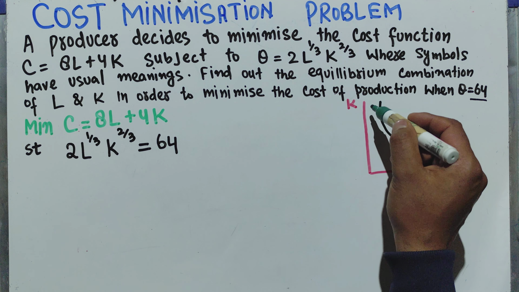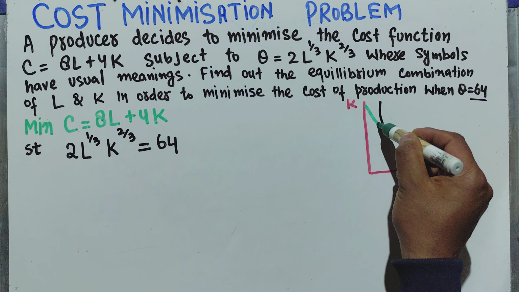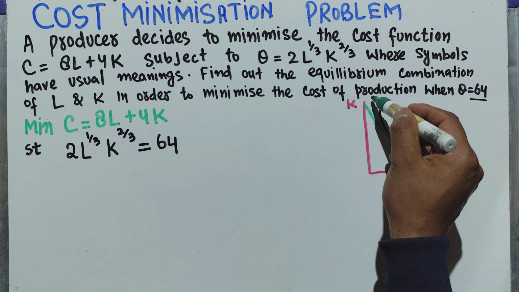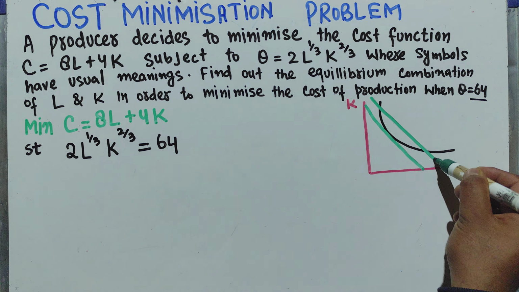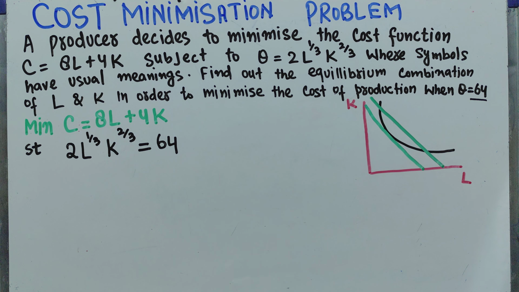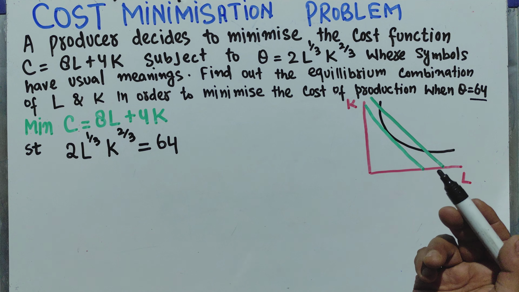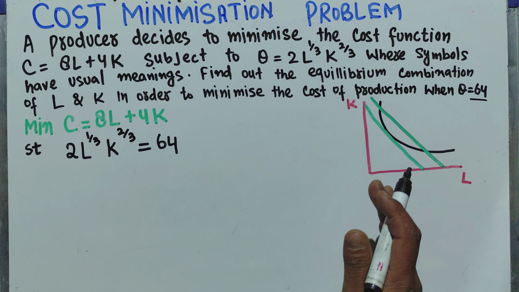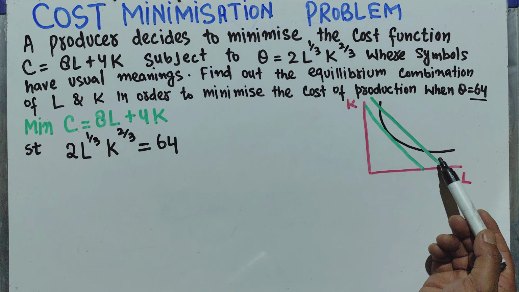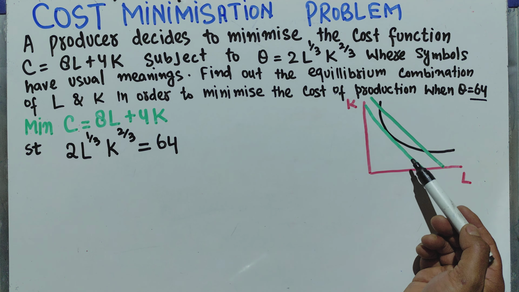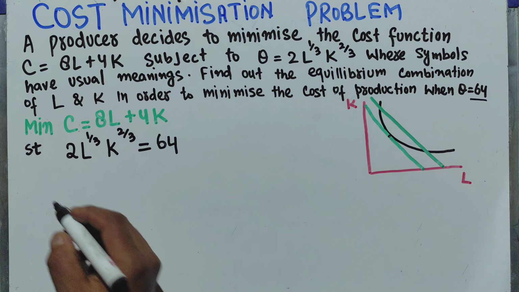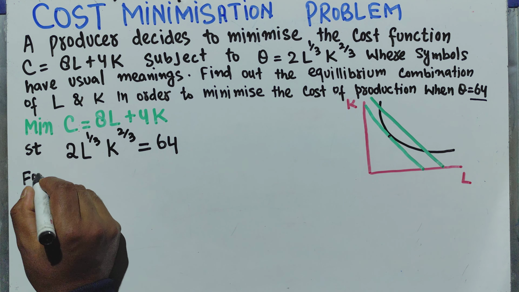and let's draw the iso-cost function here. It will be like this. There can be another like this. This is also our iso-cost line, but we want to minimize the cost, and the equilibrium combination of labor and capital that minimizes the cost of production will be at a point where the iso-cost line is tangent to the isoquant line. So at this point, let me write it here. For equilibrium,